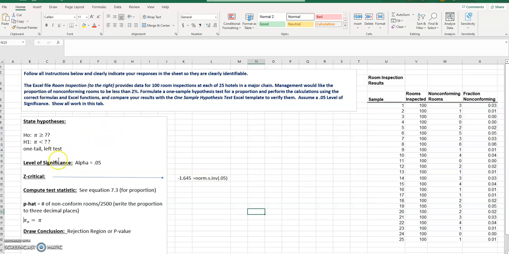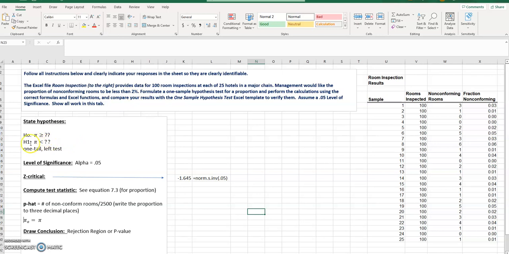As you go through and look at what you need to do here, the first thing we always do in hypothesis testing, and probably the most challenging portion, is to set up the hypotheses. Now, what I have done here, no tricks, is I have set up the null hypothesis with the population proportion, which is represented by pi. And so the sign here that I've helped you with is greater than or equal to. And I think the value you want here, I'm not going to say it, but I'm giving you a pretty good hint, should be, if you convert this value to a decimal,